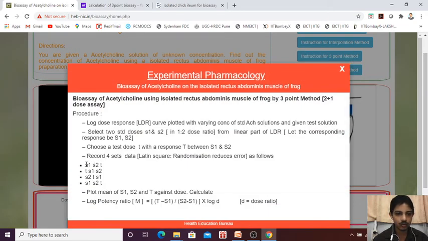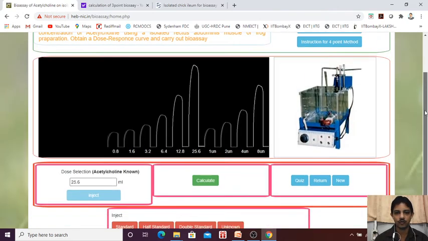Through the Latin square method, we will take these 3. Now how we have to inject the dose: first we will give S1, S2, T; next is S2, T, S1; and the third one will be T, S1 and S2. Let's see how we are going to do it.